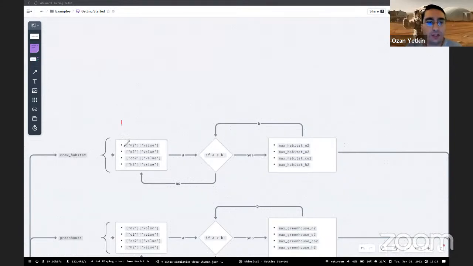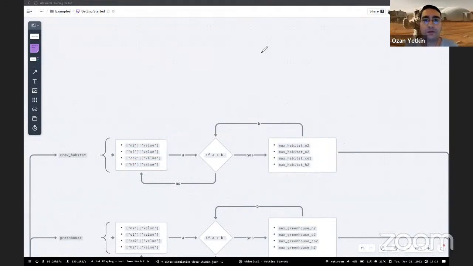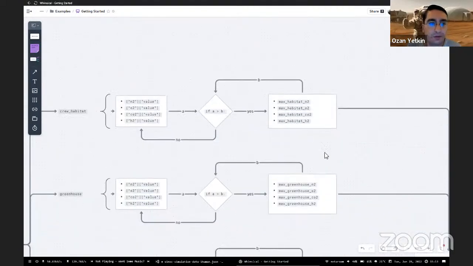So this portion calculates the maximum values encountered in that mission for nitrogen, oxygen, carbon dioxide, and hydrogen separately. It does all those steps, checking if it exceeds the current maximum. If it is the case, updating the maximum value. If it's not the case, passing that day and continuing to the next day. And this thing continues